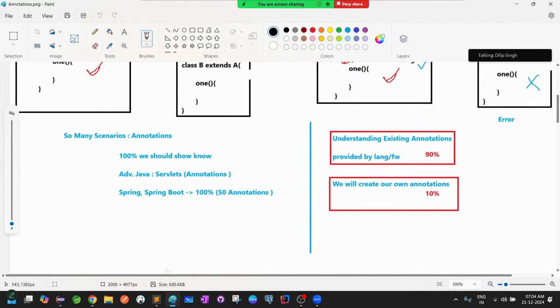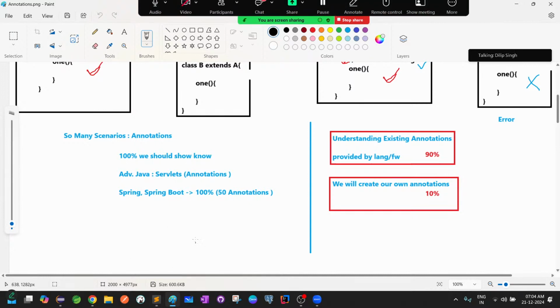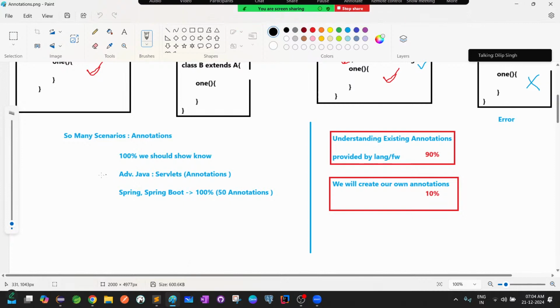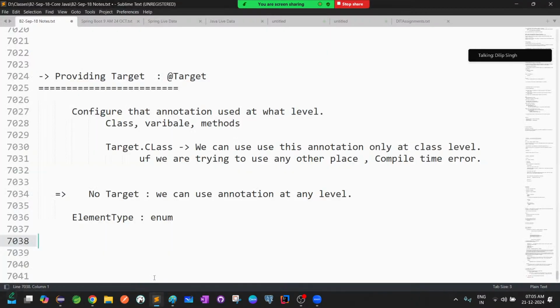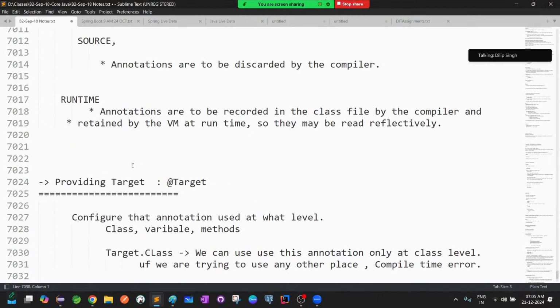So in our yesterday session, we started discussion more about annotations. So what is an annotation? How are annotations going to be created, or how are annotations going to work? Those are all details we covered in yesterday's session. So simply, what is the purpose of annotations we use in our programming languages? To provide information about